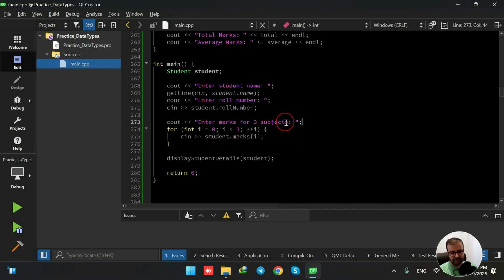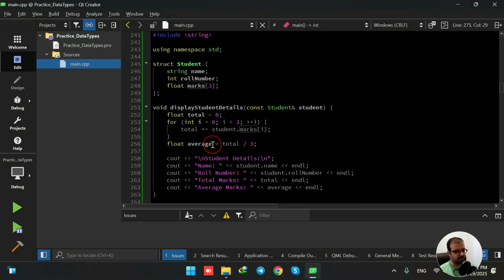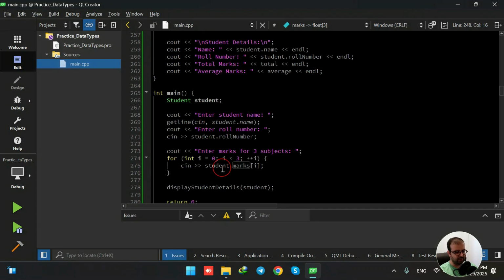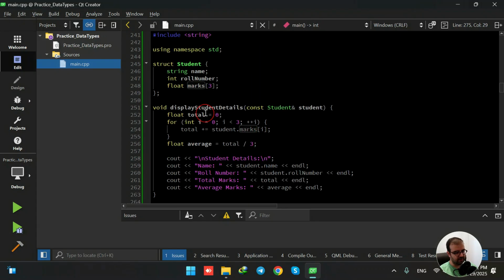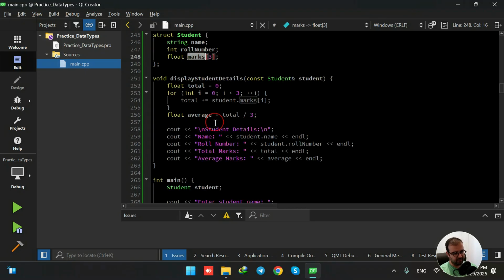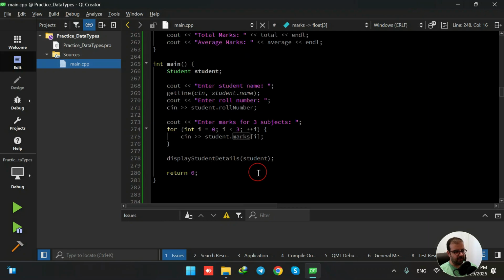Because we're going to ask the user to enter marks for 3 subjects, it's easier to use a for loop. We're going to have a for loop with an iterating variable i starting from 0 as long as i is lower than 3. Whatever the user enters, we are going to store in the marks variable here, using student.marks to store these 3 subjects. Then after having all this information, I'm calling this display student details function,